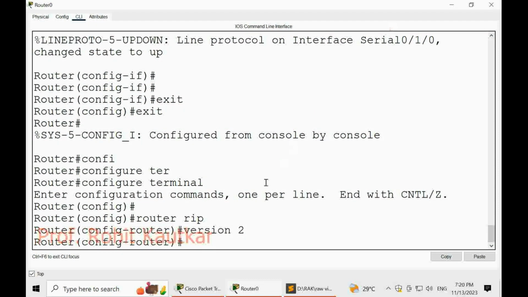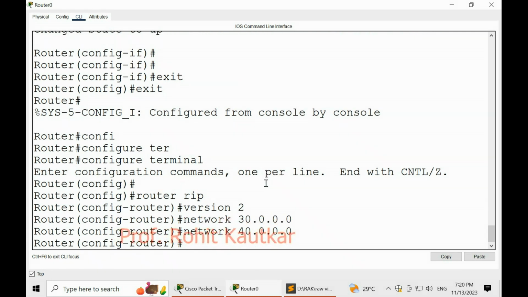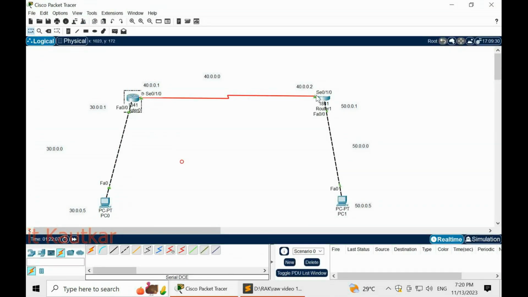So here we will specify network, and first network is 30.0.0.0. Hit enter. Second network is 40.0.0.0. That is what we have in configuring RIP. Okay, so here the configuration of the first router with RIP is completed.